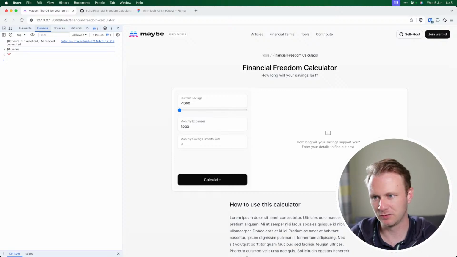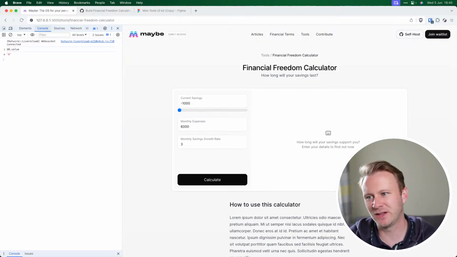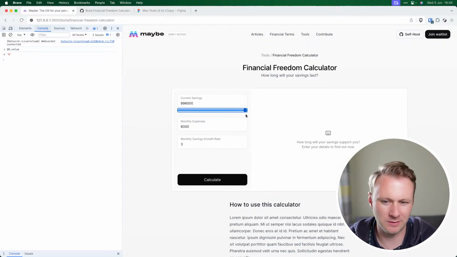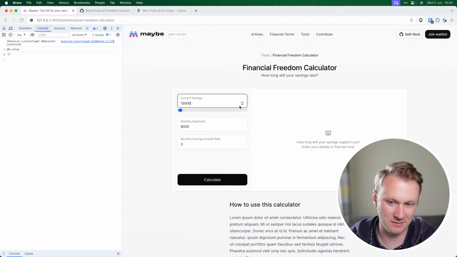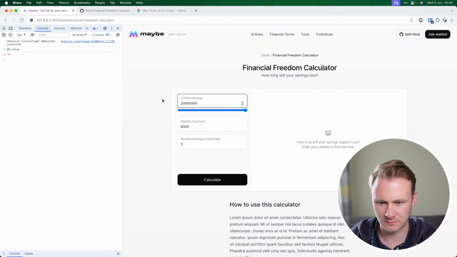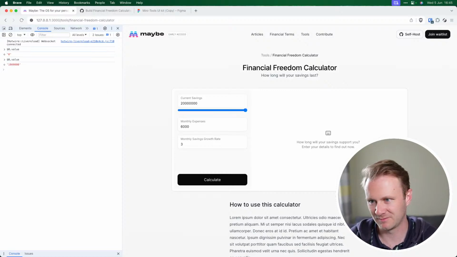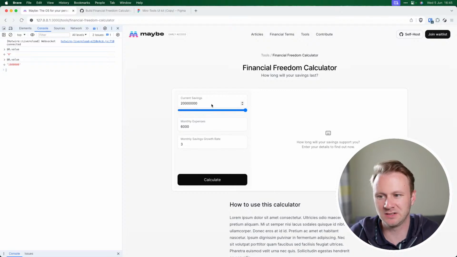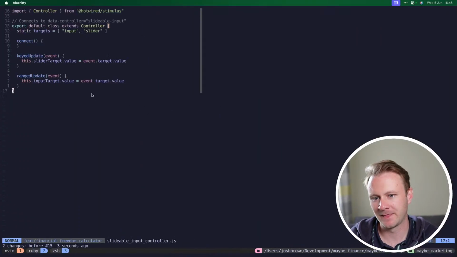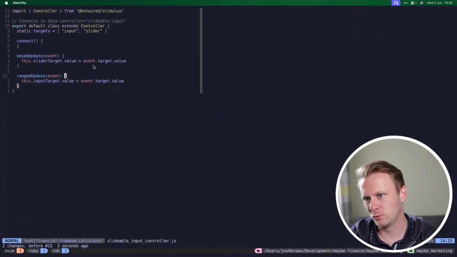is 0, but I'm not listening to that value. So it doesn't actually matter what this value is. It just needs to render as close to that as it can. It's going to show 1 million, but actually. So